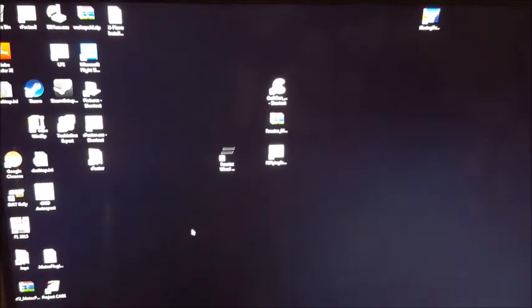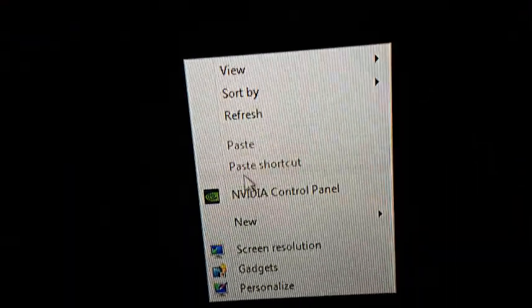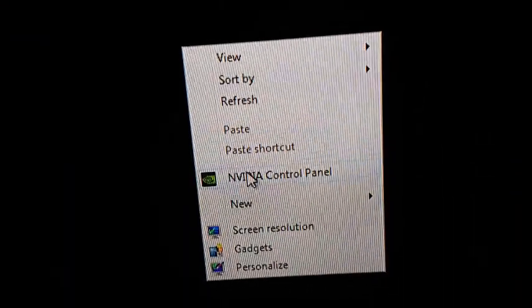go to your desktop and right-click anywhere but on an icon. So anywhere in this space out here, right-click, and you'll get a menu that pops up. And one of the menu items is called the nVidia control panel. Select that, and then wait a few seconds, sometimes up to half a minute, and the nVidia control panel